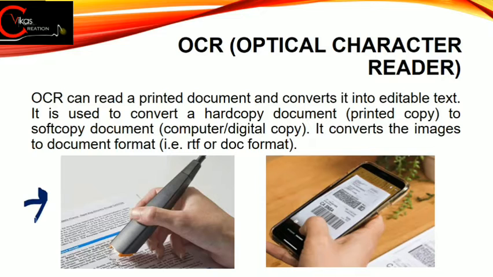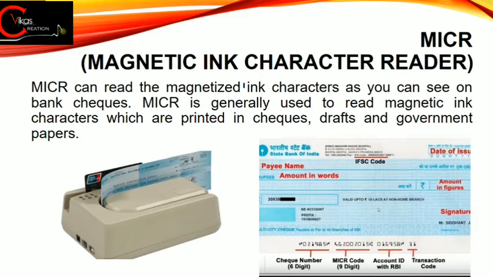First one looks something like this, and the other scanner is similar to our simple scanner, fine. Nowadays we have some mobile applications through which we can use our mobile camera as an OCR, fine. And one more important thing is you can also use Google Lens, fine. Nowadays we have an app in our phone which is termed as Google Lens. We can use this Google Lens app for this OCR purpose. It means by using Google Lens we can simply convert any printed text to a typed text or into a digital copy, fine. Next we have MICR or magnetic ink character reader.